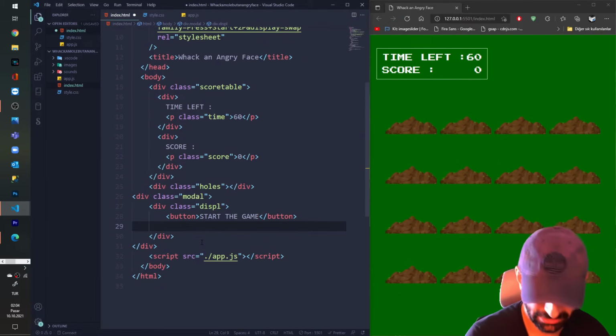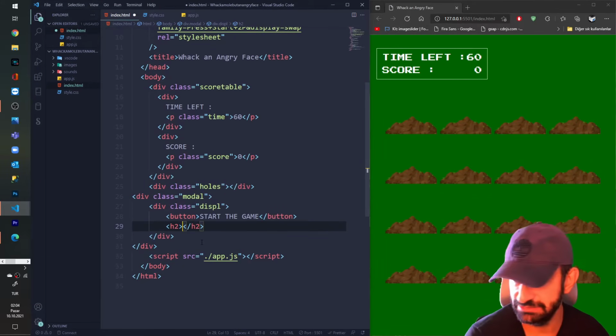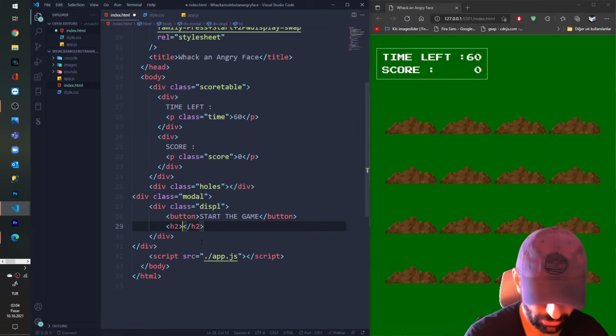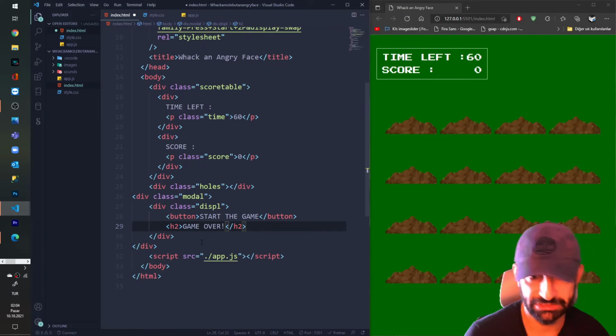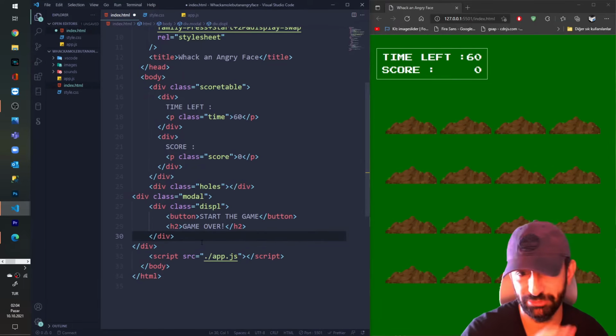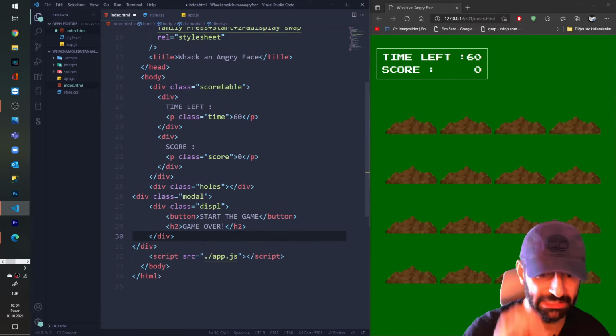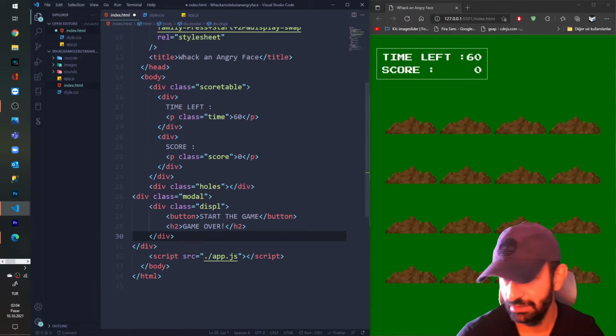After that, in an H2 header, I'm gonna say game over, which by default, when the game starts from zero, is not gonna be seen. After the game finishes, then we're gonna see the indication of game over.